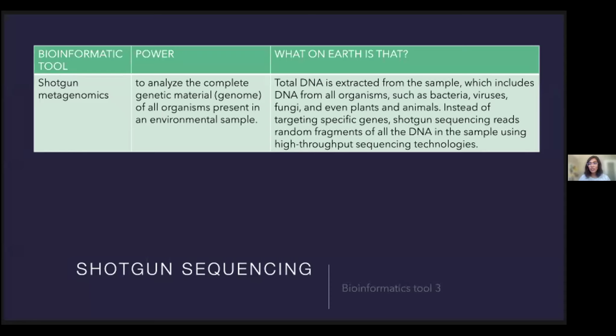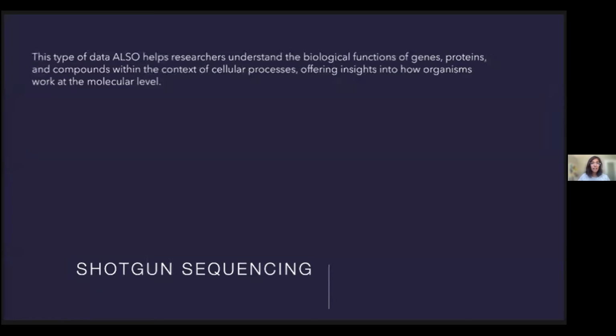And you might have heard of this term, or it might be called metagenomics or whole genome sequencing. They're all the same. And the goal of this is to extract the total DNA in a sample, which means it'll include the DNA of all the organisms. It could be bacteria, archaea, viruses, fungi, plants, animals, everything in there as much as we can. Which means that when we get these genomes, we're likely to also get function. We'll also get genes that will help us figure out what they are doing in that place.